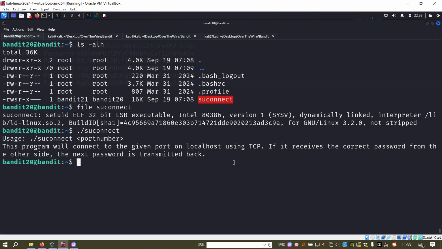So how to retrieve the password? We need to give the password to this binary. And how to do that? We can utilize the pipe operator. Paste it in here, and we can use a pipe or vertical bar, so the output of the previous command would be the input for the next command,